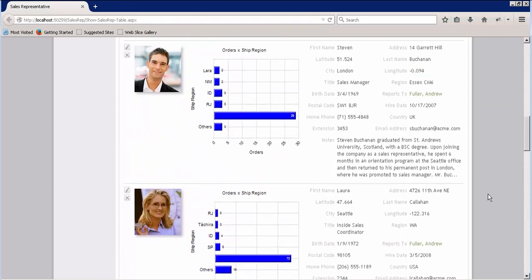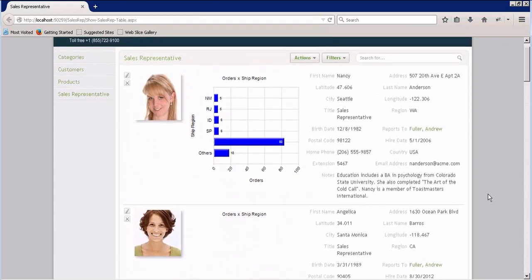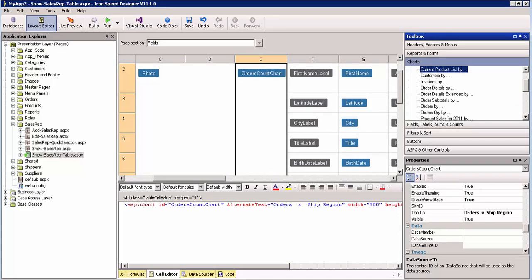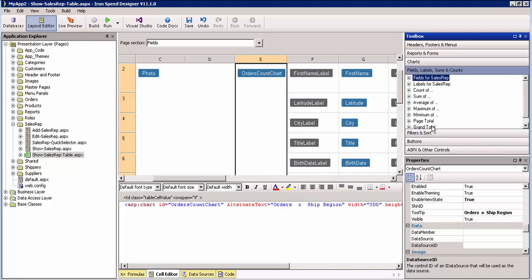I mean, we can certainly add one more thing. We're not really showing the total orders. We're showing them by region. Wouldn't it be nice to just show the total number of orders for that sales rep? Well, that's pretty easy. What we would do in order to do this is go under Fields, Labels, Sums, and Counts. And we'll go to Count of, and we find orders, and I'm going to drag in orders,